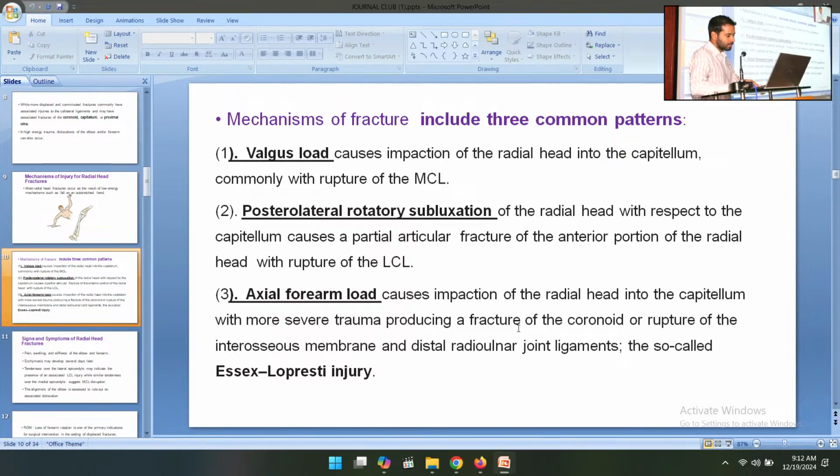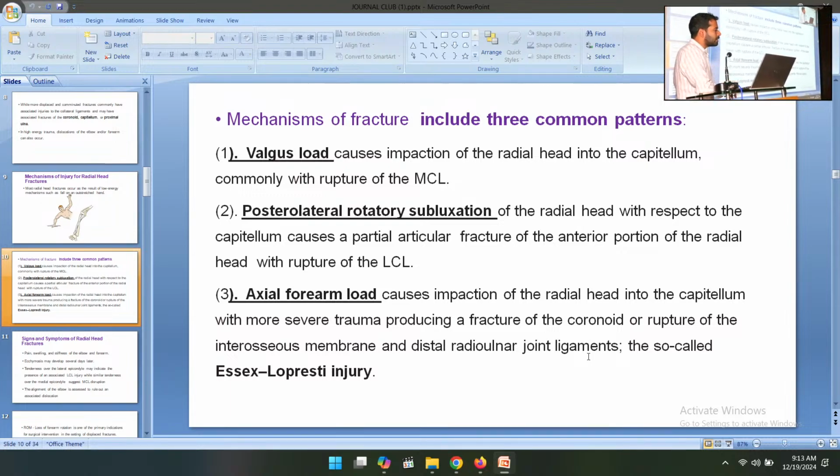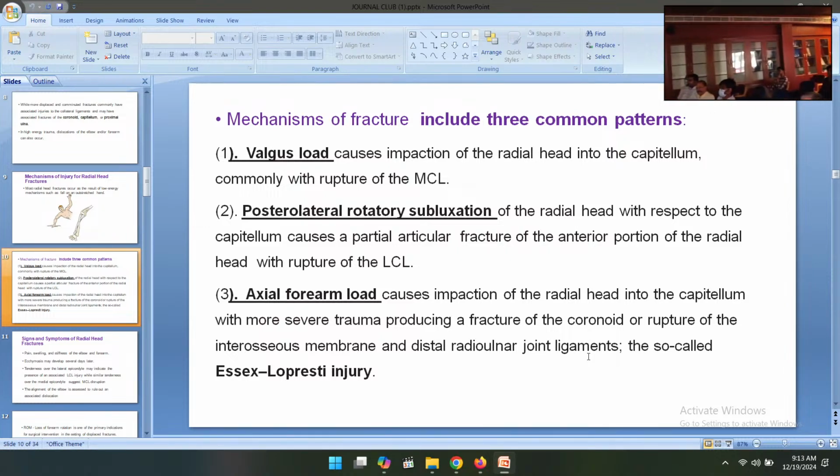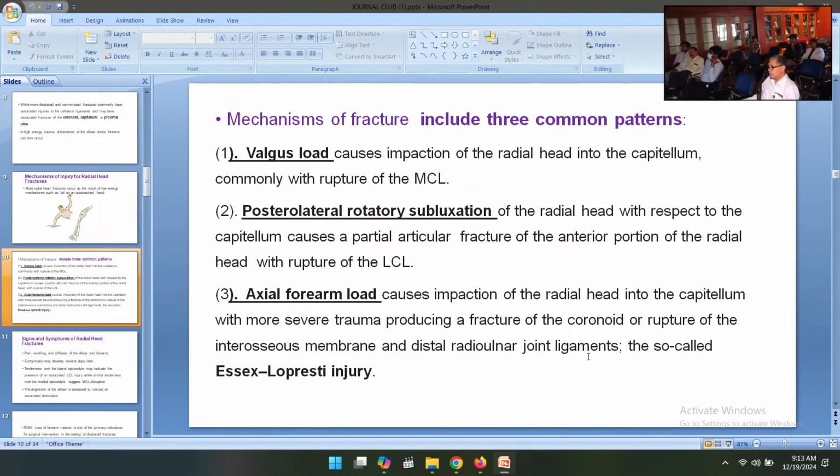What is Essex-Lopresti injury, sir? It is a fracture dislocation. Fracture with the interosseous membrane rupture will be there. What fracture? What dislocation? Fracture of the coronoid. Essex-Lopresti, fracture dislocation. Elbow dislocation with